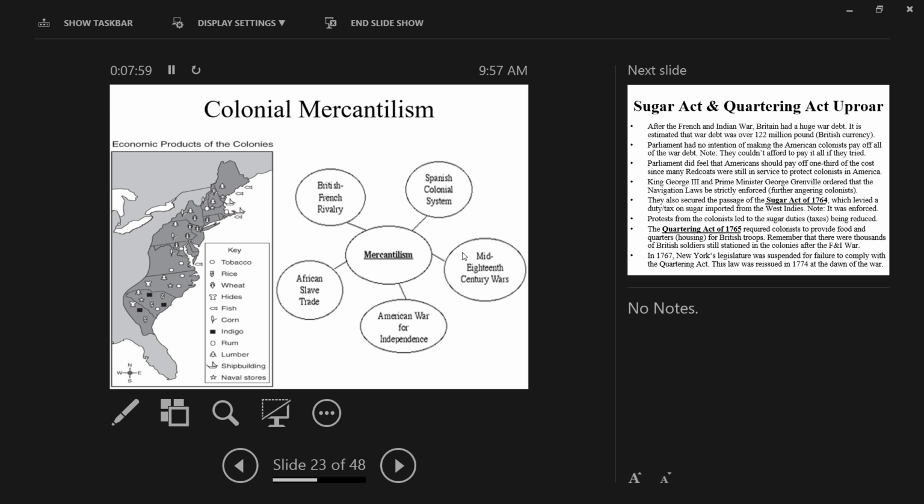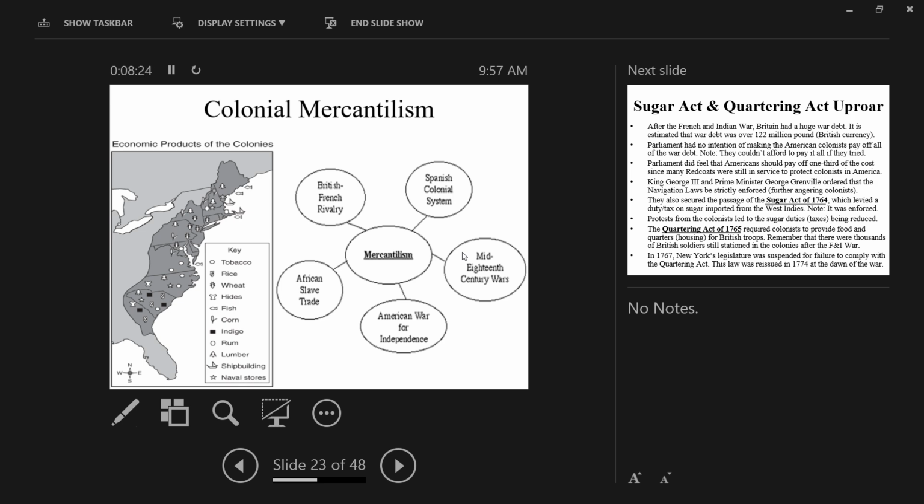Ooh, you're close. Rope. A lot of rope production in the colonies. And then we have a handy dandy graphic organizer just to kind of lay out how mercantilism had an impact here, right? British-French rivalry that led to the French and Indian War, Spanish colonial system that led to conflict and